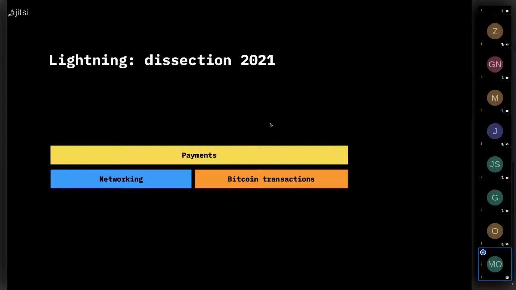I will use orange color for Bitcoin transaction-based protocols and standards. The second family of protocols is basically how you structure the graph of Bitcoin transactions, which you can name a state channel. A state channel is a graph of Bitcoin transactions partially maintained off-chain. That is actually what had the original name of Lightning Network, this part, not the networking part; they were originally named Lightning channels. And on top of these two families of protocols, a third family of protocols is built,